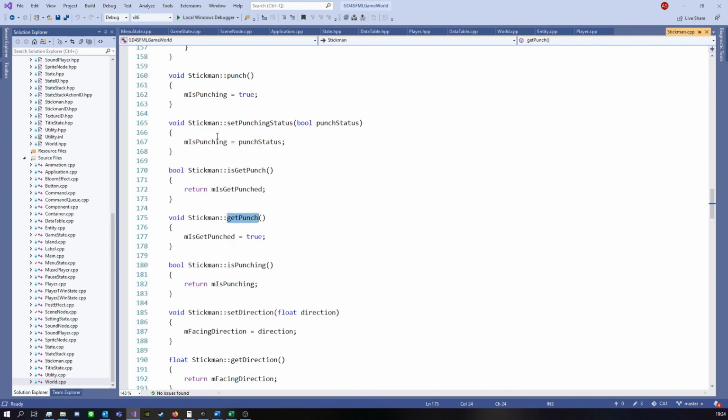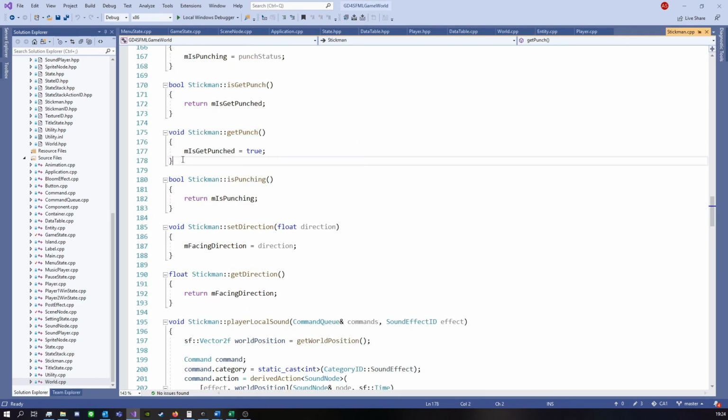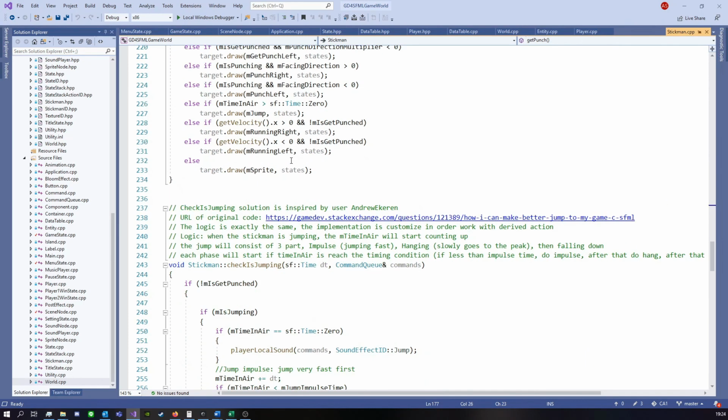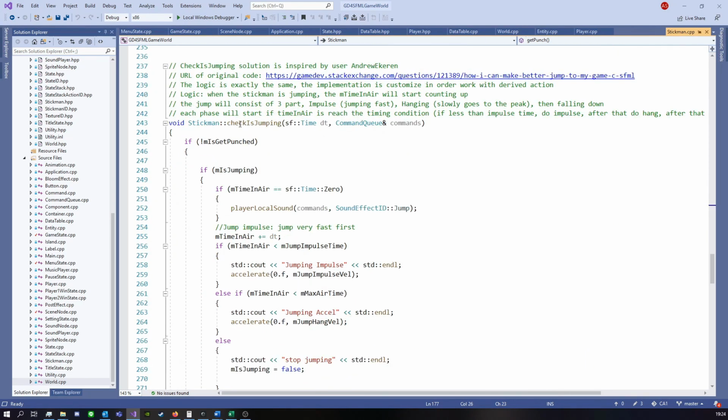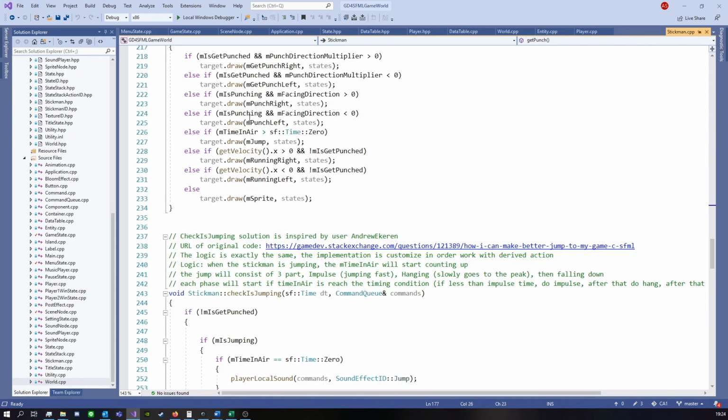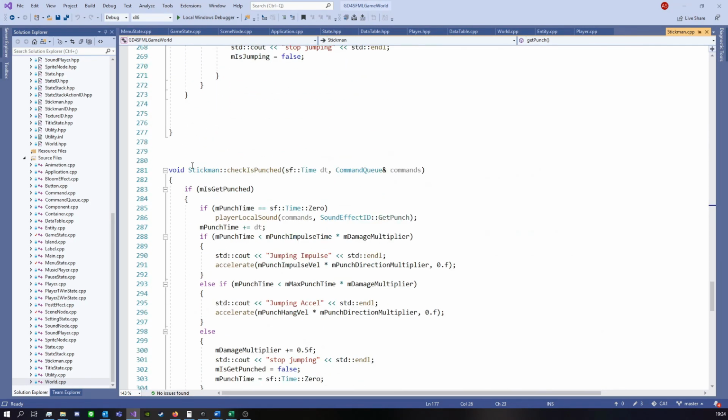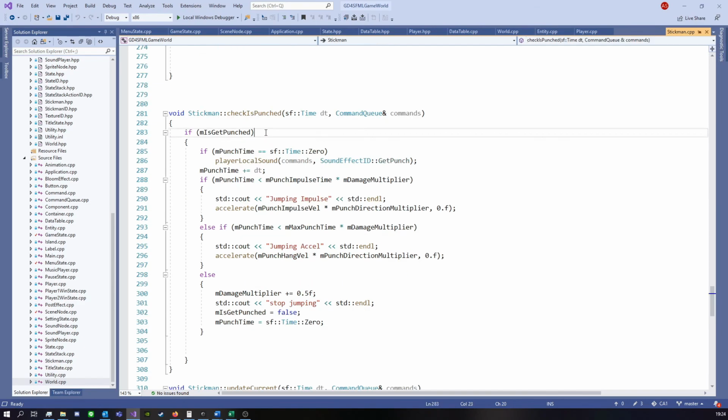Now, the get punch itself is very similar to the jumping methods that I developed. The get punch just sets that the player is currently getting punched, so it's still flying off. Just like there's a check jumping, I have a check is punch as well. So saying if it gets punched, I will have